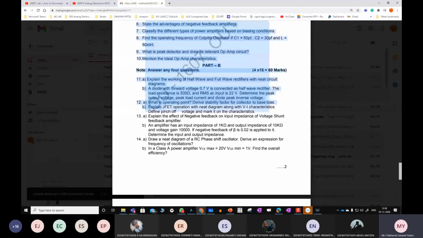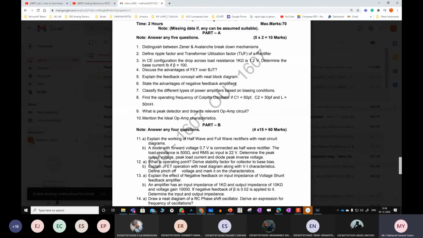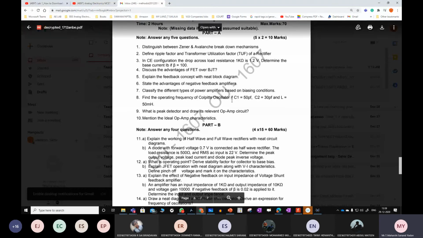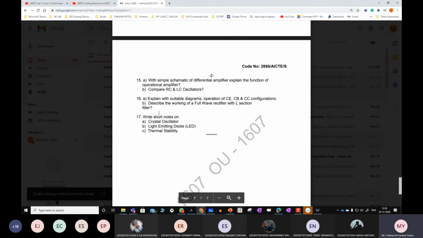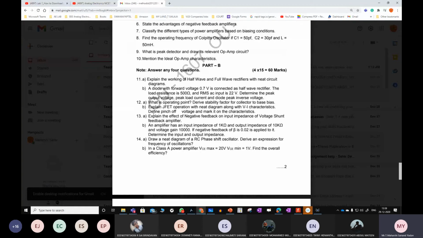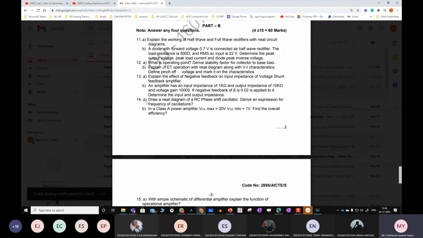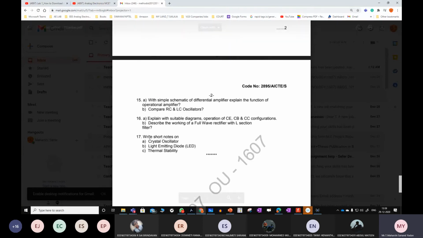So this one we have not yet started. 12th B, junction field effect transistor. Here the 5th one and 6th one come under unit 3, which we're going to start within this week. Mostly I'll try to start unit number 3 also. And what about this? Here you can observe the 11th one is unit number 1, 12th unit 2, 13th is unit 3, 14th is unit 4, 15th is unit 5. Whereas 16th and 17th are a combination of all the units.